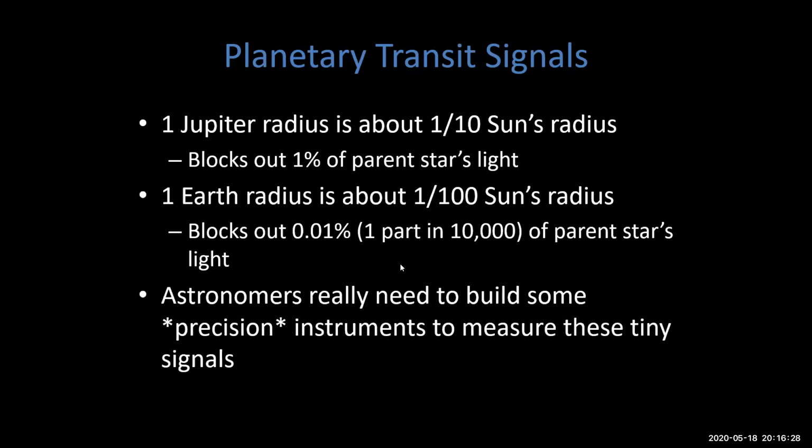What else? So one Jupiter radius is about 1/10 of the sun's radius and blocks out about 1% of the parent star's light. So our detection methods need to be able to measure 1% changes in light to find